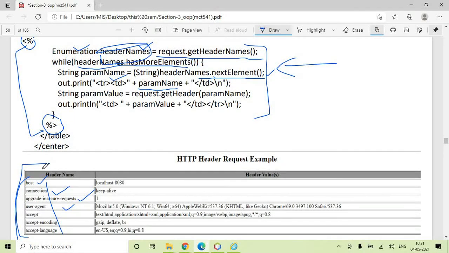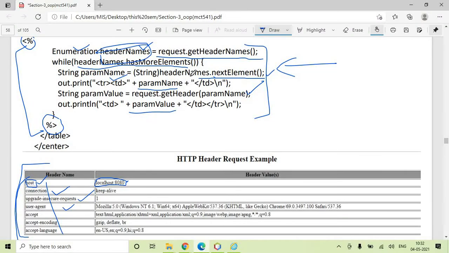So the first value is host. Second time, paramValue: the second value is localhost colon 8080. Next time, while it has more elements, yes, it has many more elements remaining.